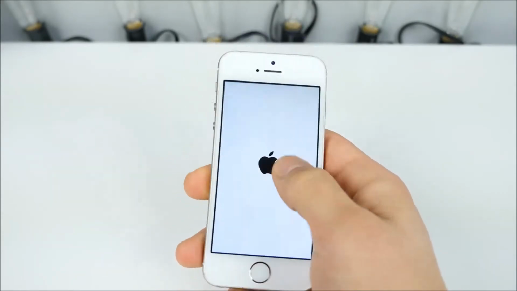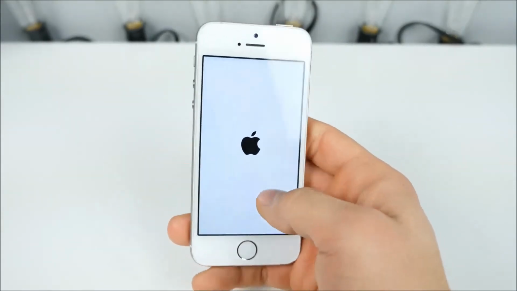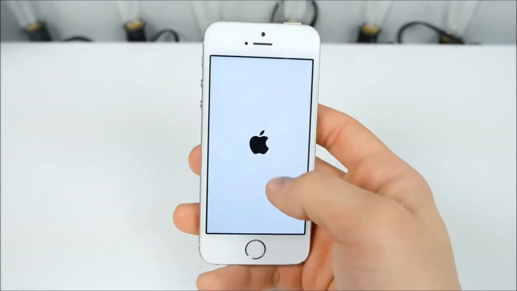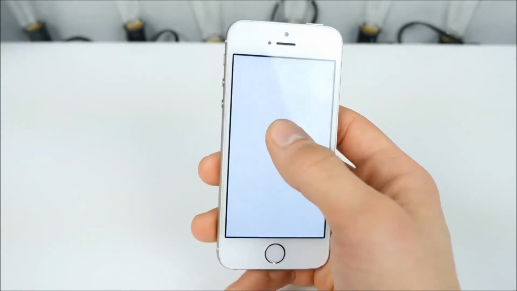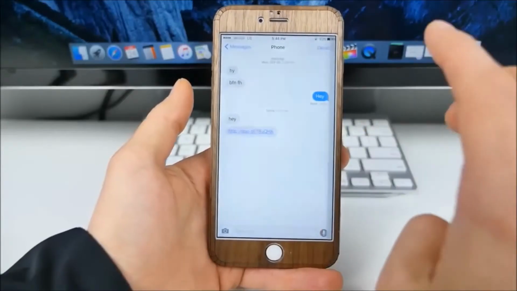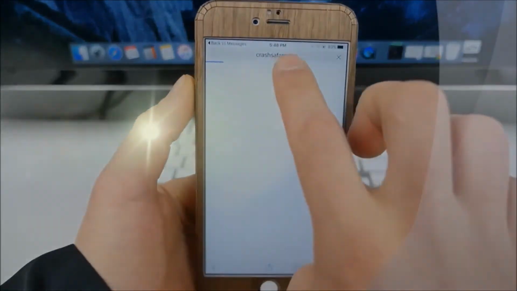Your device will just keep restarting. It'll never boot up. This is such an interesting bug, and that makes 3, I think, for iOS 9.2.1 right now. 1 is this one. 2 is Crash Safari, that's able to crash your phone just